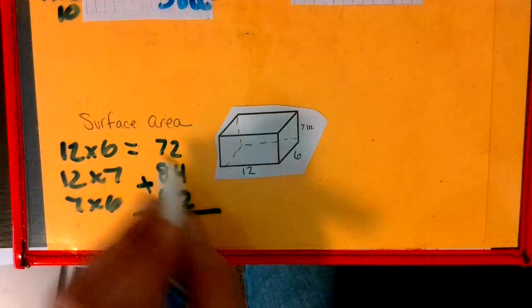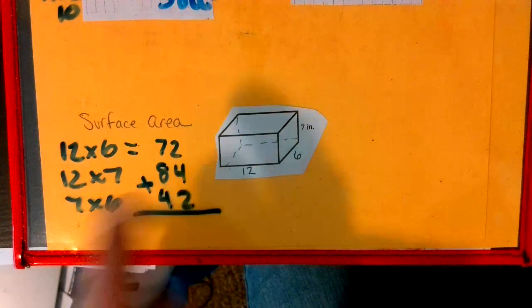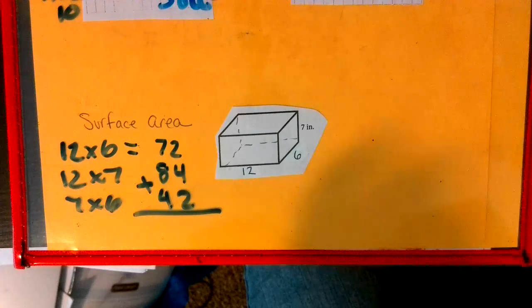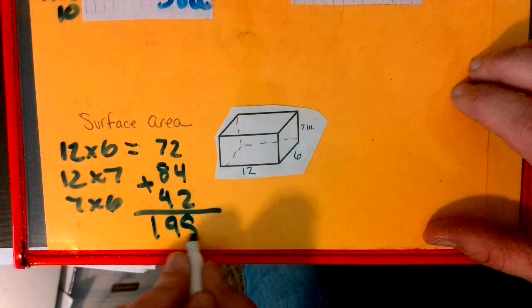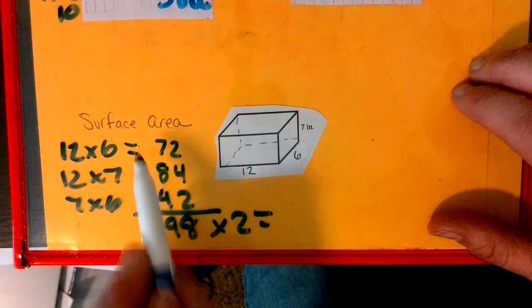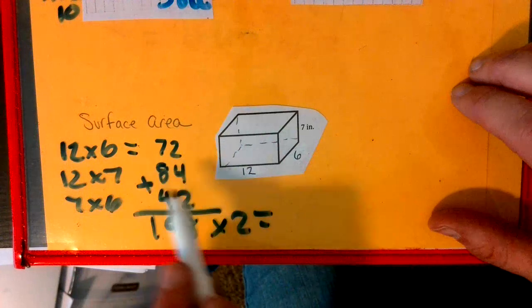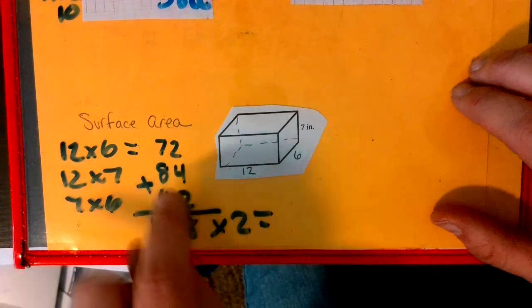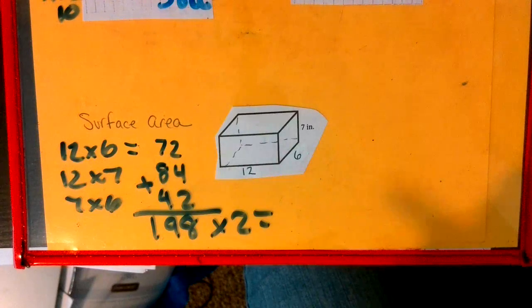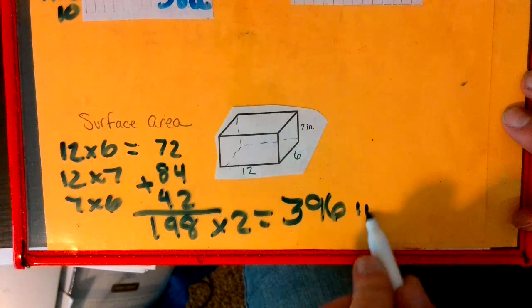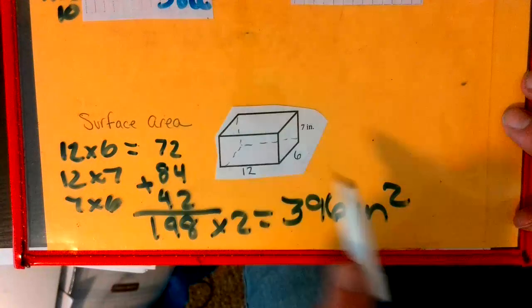I'm going to add up all of these sides. Now, mind you, this is only 3 sides. So I'm going to go 72 plus 84 plus 42. I'm going to get 198. And now I need 2 of them. Because when there is a bottom, there's also a top. And when there's this front, there's a back. When there's a side, there's another side. So I need 2 of all of this. So I'm going to take 198 and multiply it by 2 for 396 inches squared. Big A, little 2,